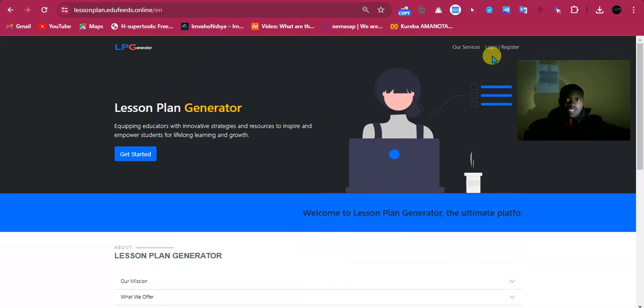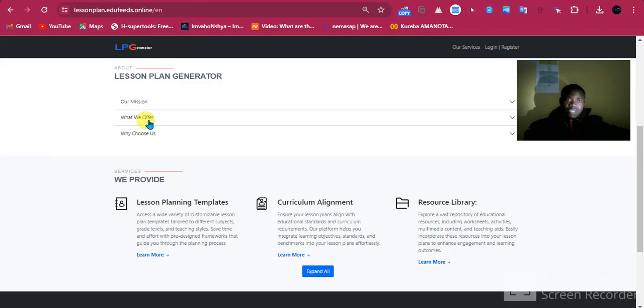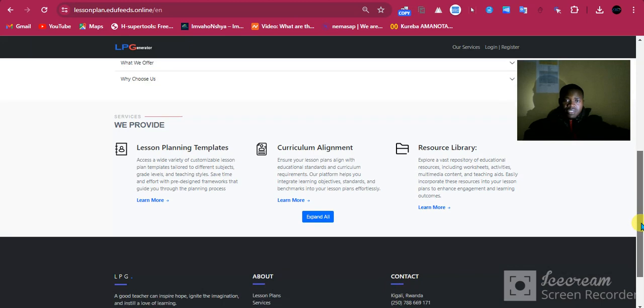First stage, let's register. To continue well, let me remove this photo, and then we will follow page by page how we are going to conduct. We saw here our mission, what we offer, why we can choose this.